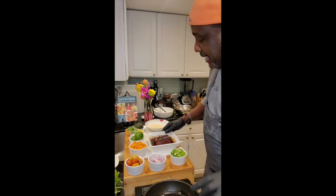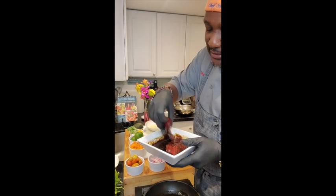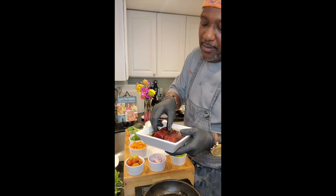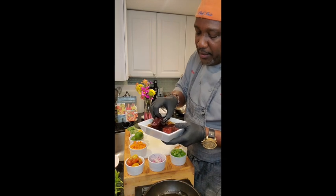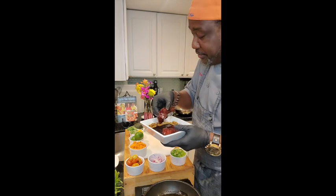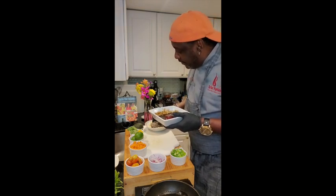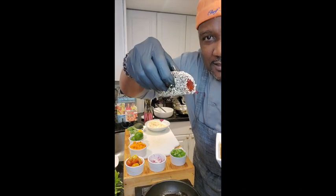All right, so we got our tuna in this marinade. I'll tell you what we got in this marinade. We got hoisin sauce, about a teaspoon. We got about a tablespoon of spicy jerk seasoning. We got a little mushroom soy, and a little sesame oil, probably about a teaspoon of each, and about 2 or so tablespoons of orange juice. Now we're just going to make sure that all 4 sides of the tuna are crusted, just like so, and the ends are